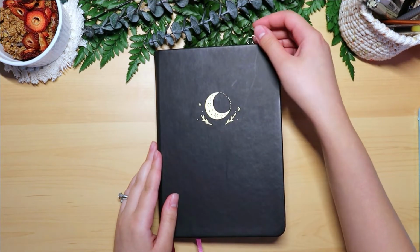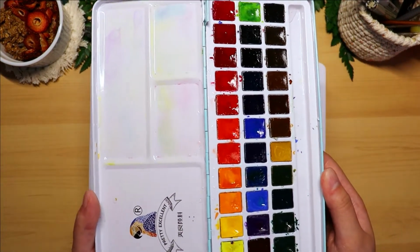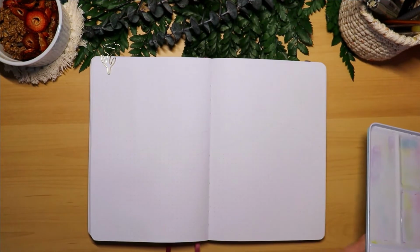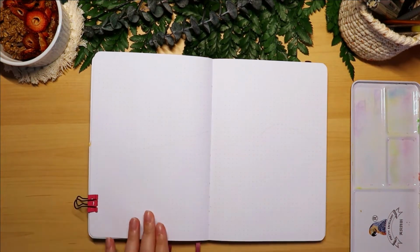For this month's theme, I decided to go with the Smoky Mountains. I will mainly be working with watercolors for this setup. I love the Smokies and have always wanted to do a painting inspired by them. So for the cover page, I'm just going to do a landscape watercolor painting of the Smoky Mountains with some